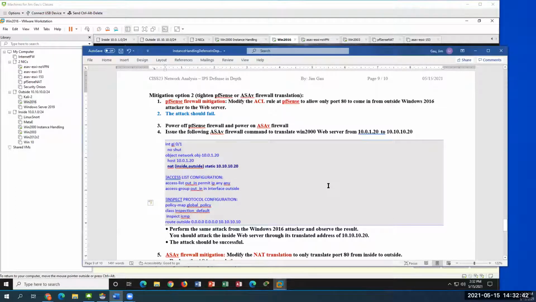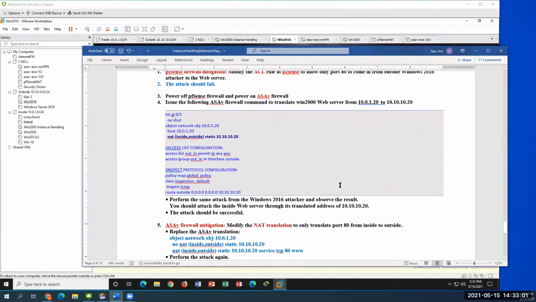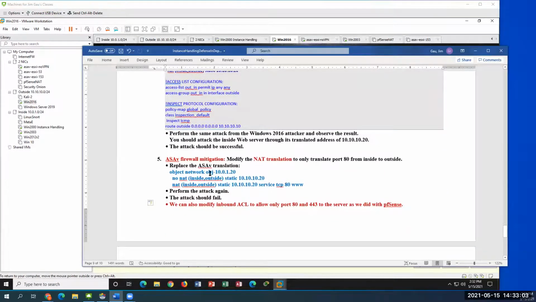So there are so many layers of patching and security that we can put. That's why I call it security defense in depth. You have to patch the host, tighten the security translation, tighten the ACL, and then implement a lot of things individually, like what we have just discussed. So this is the syntax to mitigate that and perform the attack. And then of course it will fail. So I just demonstrated it. And we can of course modify the inbound ACL, which I'm not going to do, similar to what we did